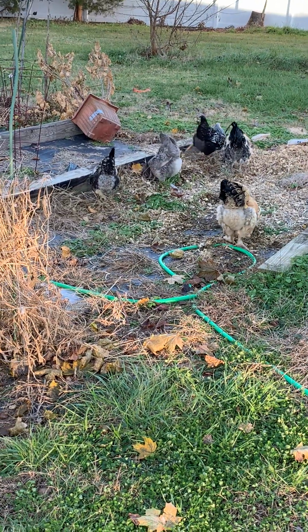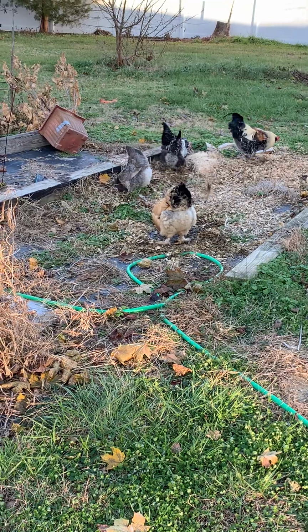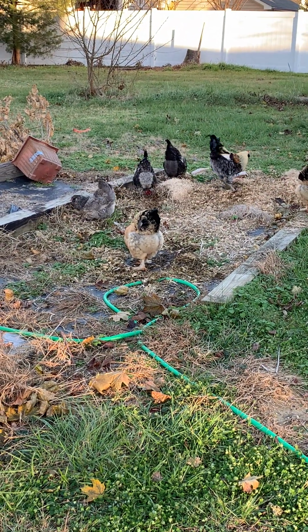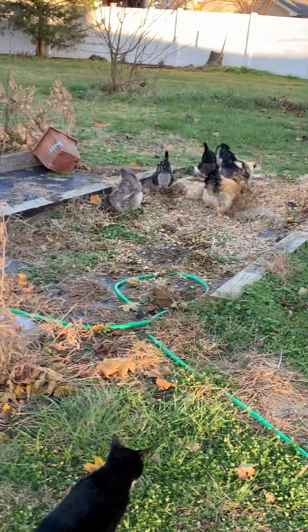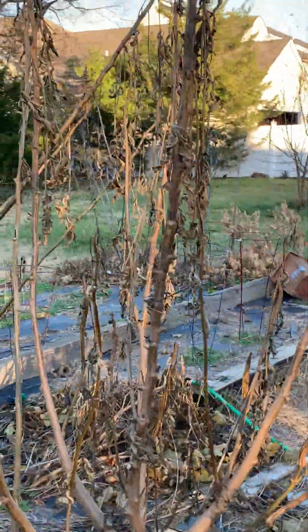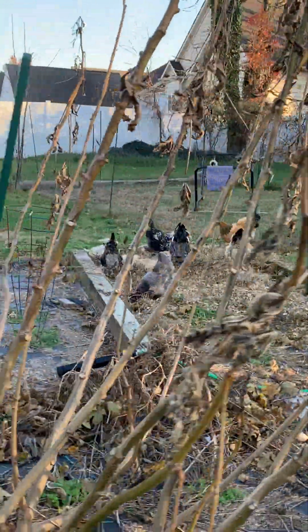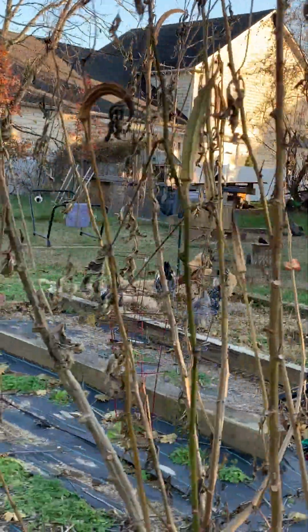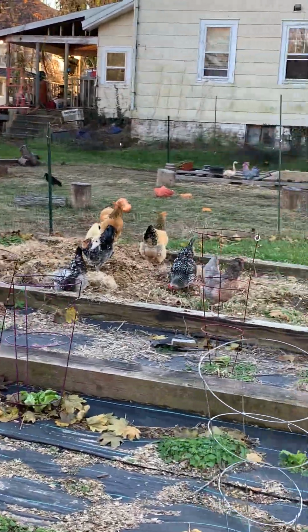Earlier I couldn't find Luna, but I have a feeling she was just in between some rose bushes and not letting me know where she was. So I'm gonna go around this opposite side so that they can make a total circle of their corral and they're ready to come back in. Right now I'm just kind of making a circle of them and not going towards them, because I don't want to make them scatter or run away. Like, they're like, "Hey, she's gonna make us go in." So Chaos is following me around here